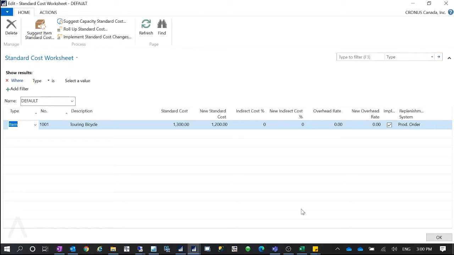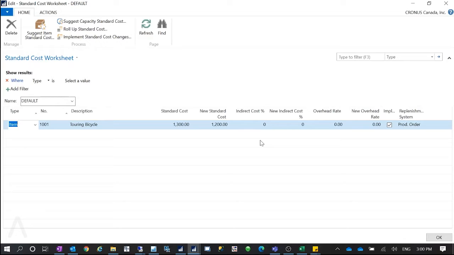But if you have stock keeping units created from the item card, the stock keeping unit will inherit the cost from the item card. And later, the standard cost on the stock keeping units will not be updated just by changing this. So their concern is they have the same item at different locations with different stock keeping units, and they want the standard cost on the stock keeping unit card to update as well. So that's why they don't want to use the standard cost worksheet, because they think it does not